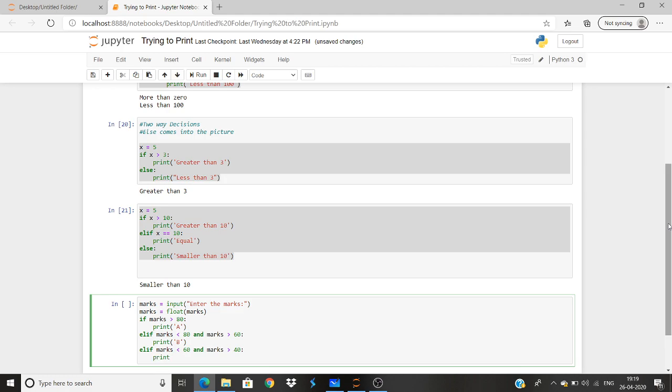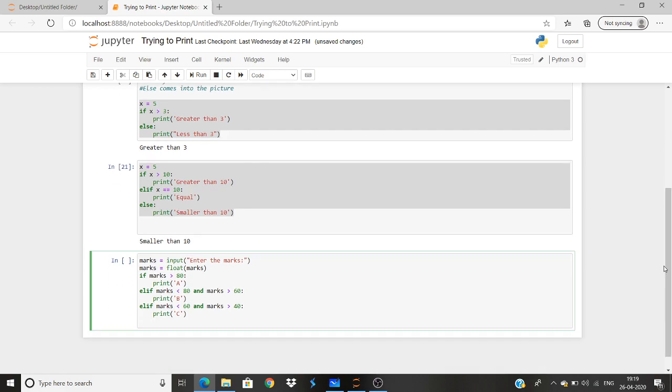We'll say print C. Now we know okay, my first block is if the computer detects the number to be greater than 80, then we'll get A. If it detects to be in the range between 60 to 80, okay, I'll get B. If it detects to be in the range between 40 to 60, I'll get C. So there's nothing else that needs to be said. So we'll just write else, you print fail. And this is the first basic code that you have written using if, elif, and else. All that we've studied, and we'll press enter.